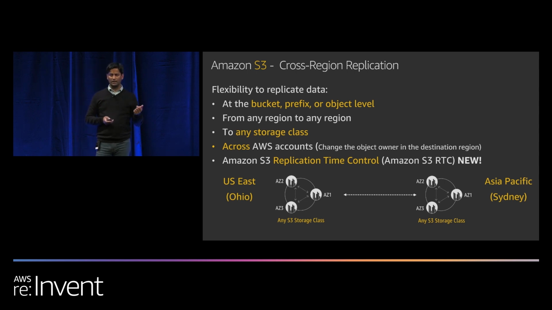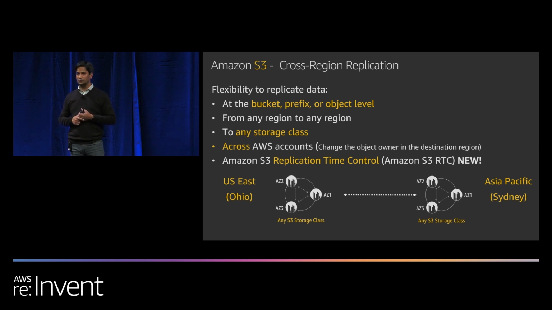The one important call out here, the replication time control. We launched this feature a couple of weeks ago for customers who have a requirement for RPO guarantee, meaning I'm doing SRDF replication on-prem between 2 data centers. I know the SLA is 15 minutes. Amazon, can you provide something like that in terms of an SLA guarantee?